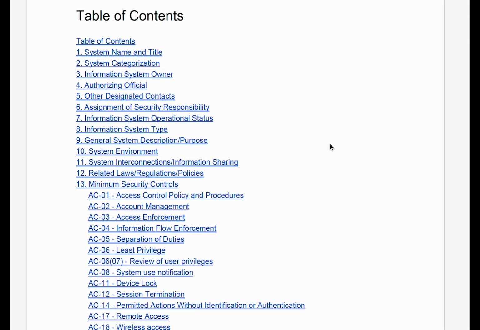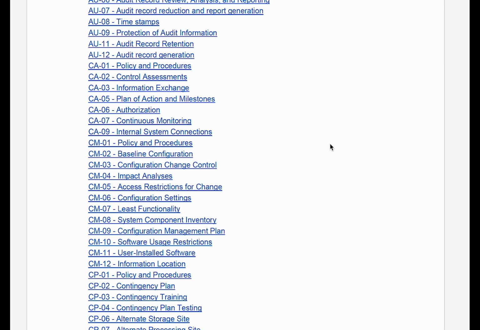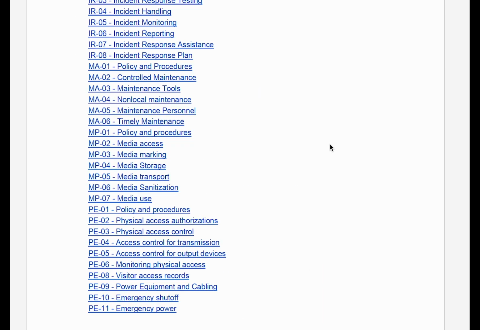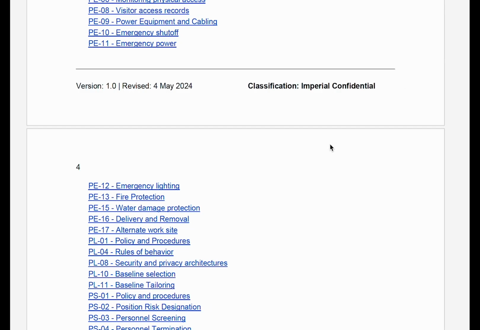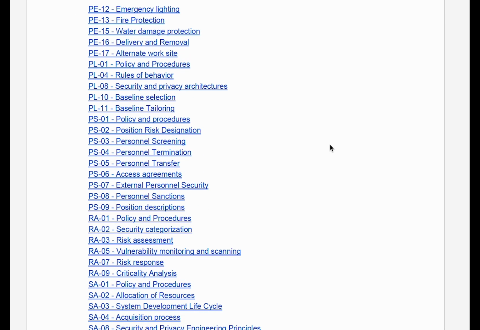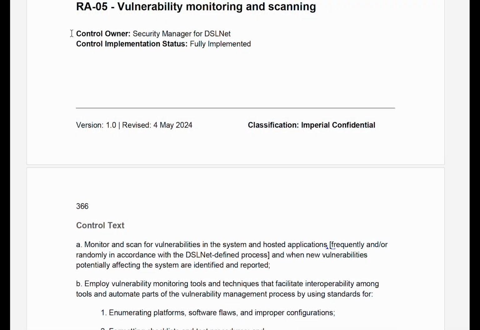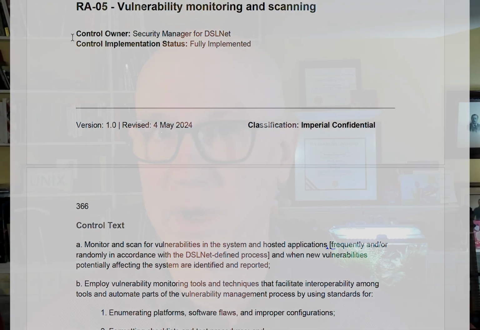So I based this on the FISMA moderate baseline, just because that's a standard. You can always go up for high or down for low, but it gives you a reasonable look at least at how I would design a security plan. So then if we get into, and I'm going to pick RA-5 just because I know that it has all the things that I want to show you in it, vulnerability monitoring. For each control, I listed who's the control owner, who's the person responsible for making sure this control is what it's supposed to be and is getting done and all that kind of good stuff.